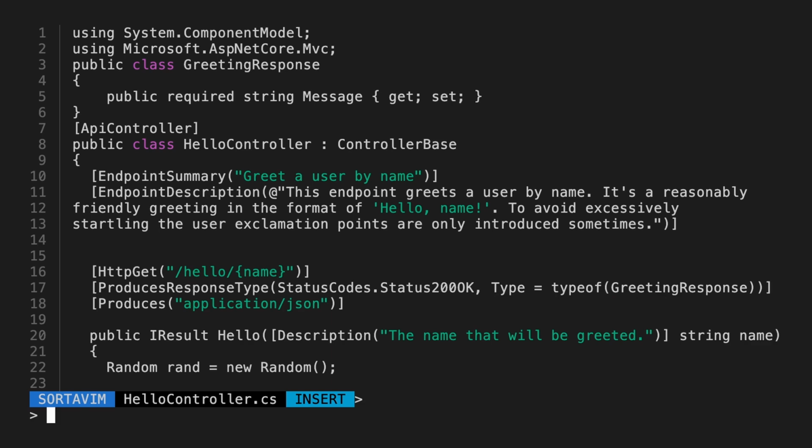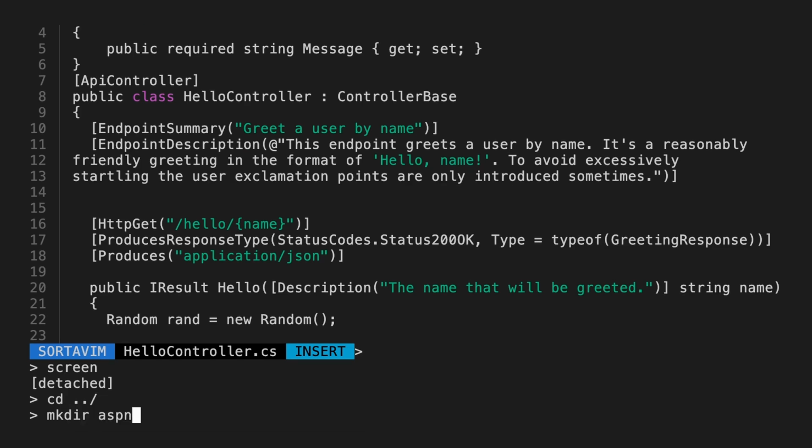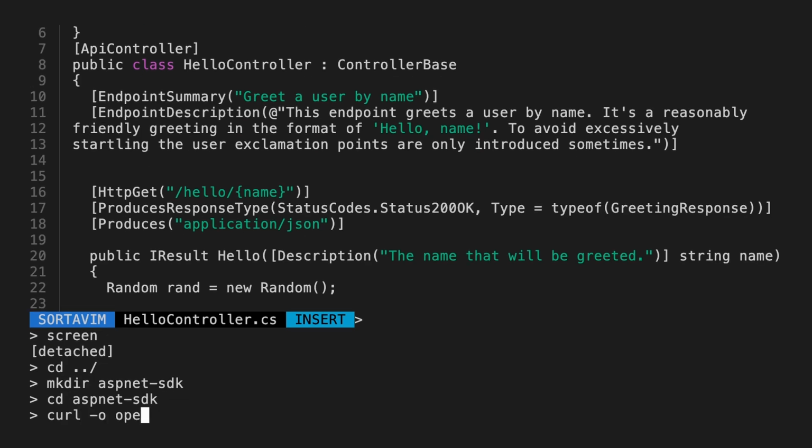Now, let's try using the OpenAPI specification and automatically generate an SDK for our users so they can use it rather than making raw API calls. I'll start the ASP.NET app in a new terminal and detach it. Then I'll make a new project directory, download the OpenAPI spec from that server we just started,